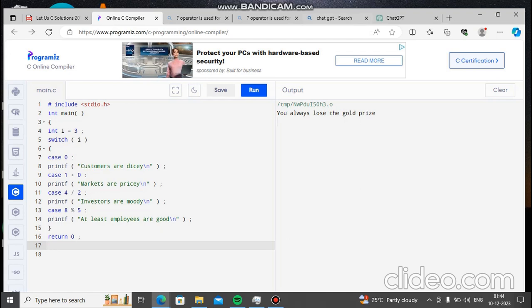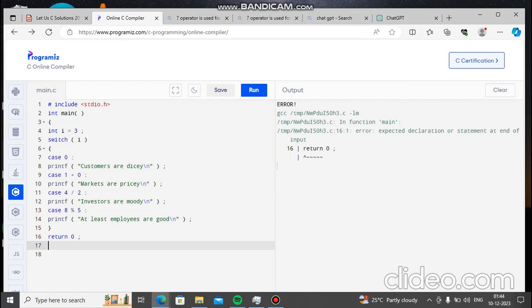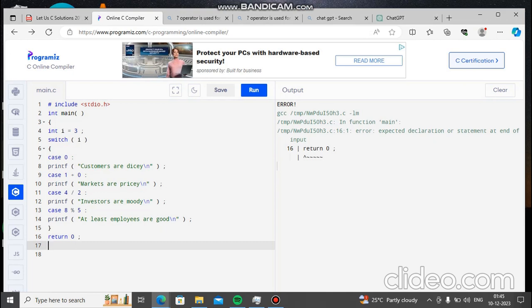Now I'm going to run the program. There is an error. Now I'm going to rectify the mistake. We haven't included the bracket, so now the program will run. It will print at least employees are good,